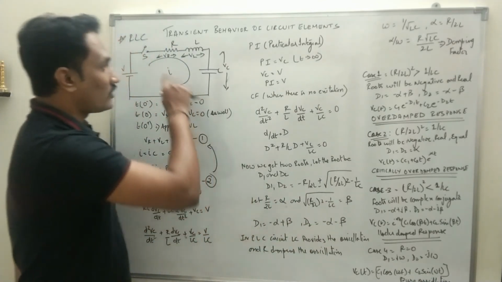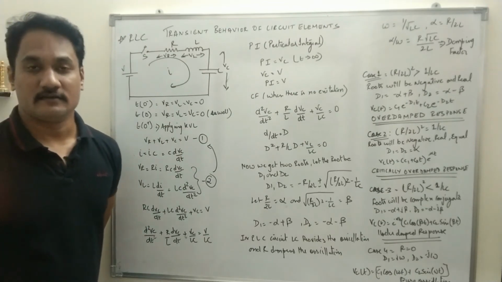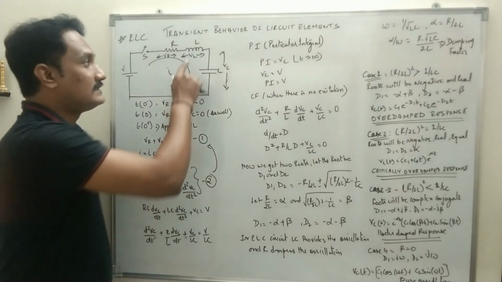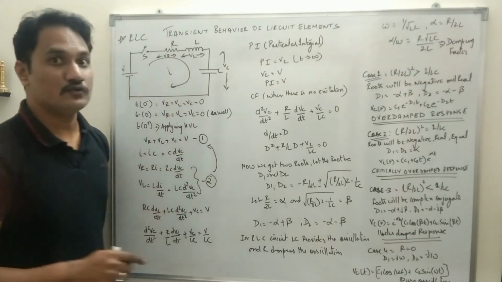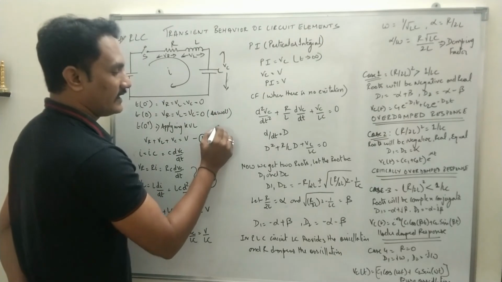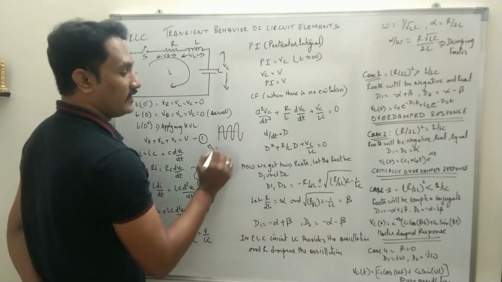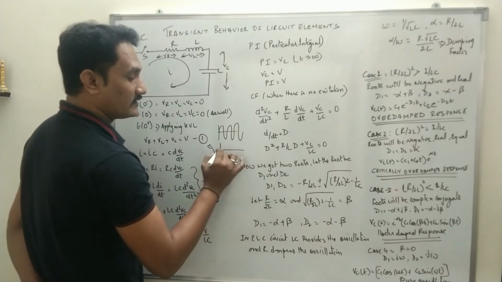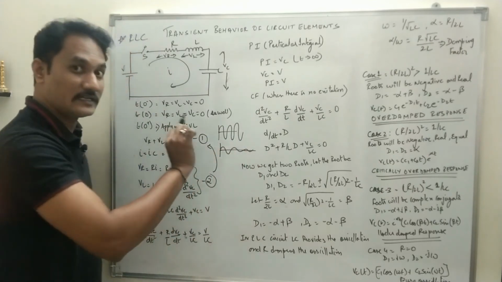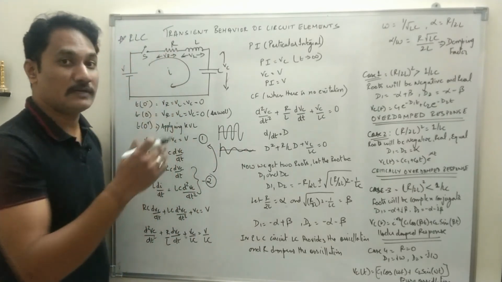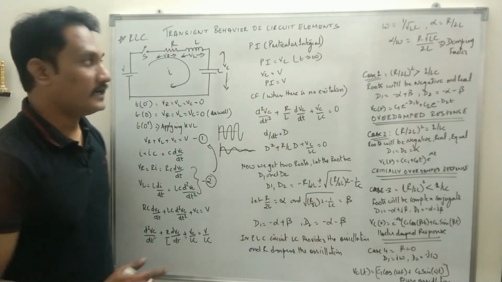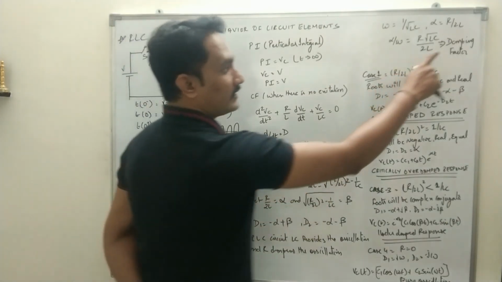When you talk about RLC circuits, as I said, LC circuits are tuning circuits. They are used for producing oscillation, where LC produces the oscillation and R damps it. By oscillation I mean a sinusoidal waveform. This is a sinusoidal waveform, and this is a damped sinusoidal waveform. You can see that the amplitude, or strength of the signal, is continuously decreasing. So R is nothing but a damping factor, and we are going to find out the cases. So now you have to calculate the damping factor.